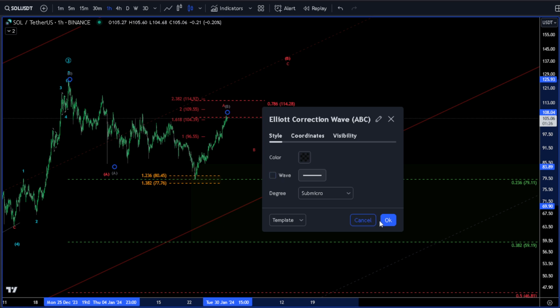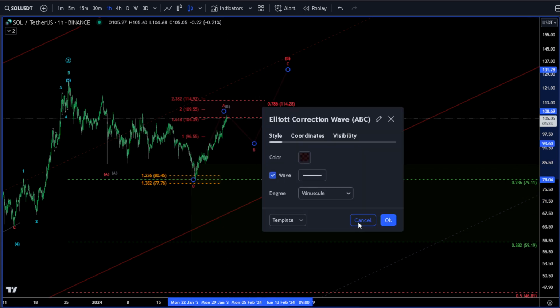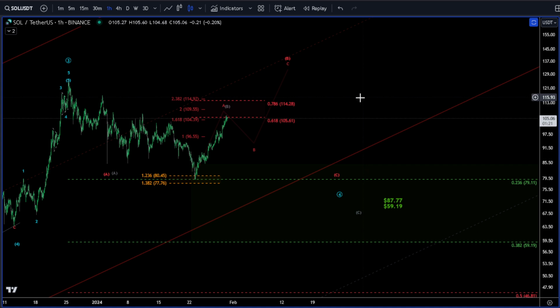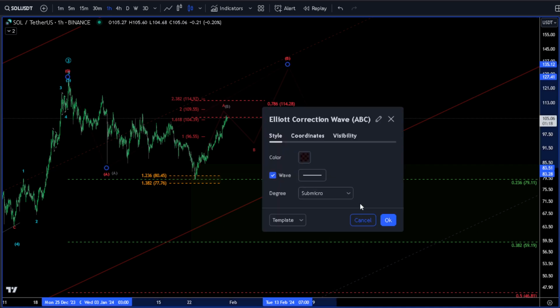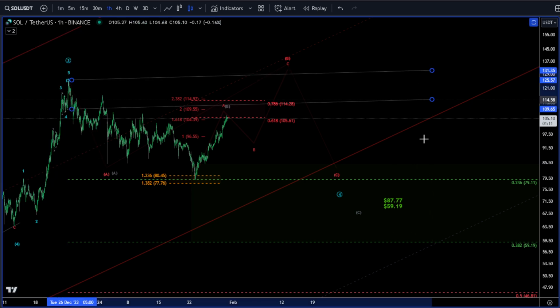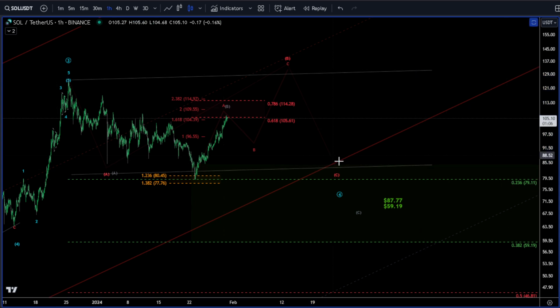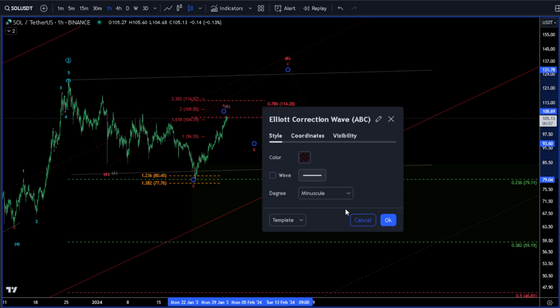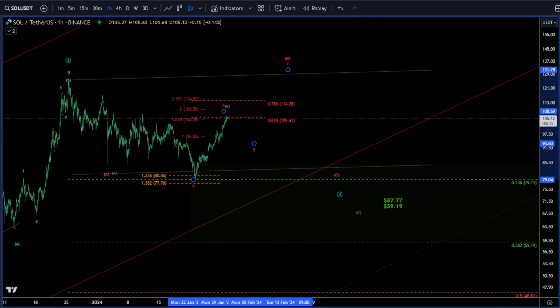But my primary is the red count, where we're going to be making an ABC to the upside, which would make a larger ABC. And we just make a flat pattern here in a channel, most likely. Something like this. And then we go up for our fifth wave to the upside. So that's what I'm expecting,